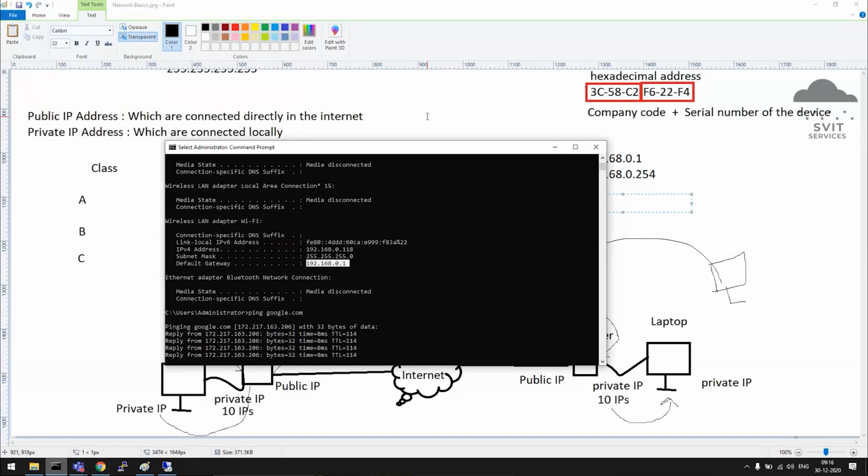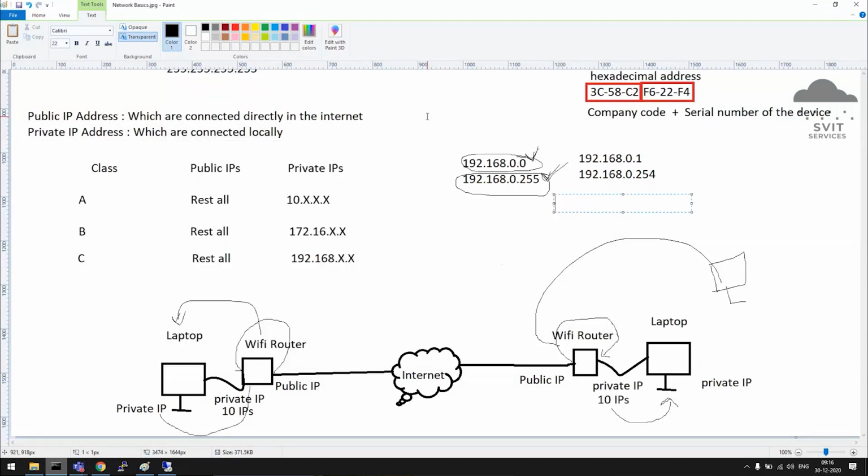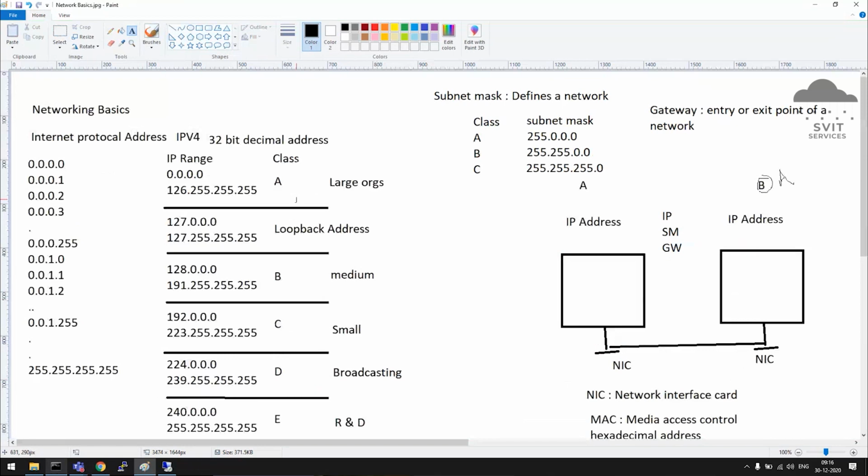Now, understood what is IP address, subnet mask and gateway? IP address is a unique address that we need. Like if you see in a network, for example, India is one network. Even though there are different telecom operators, like Airtel, Jio, Vodafone, different network vendors, India is considered as one network. Anywhere if you buy a SIM card, that number will be unique across India.